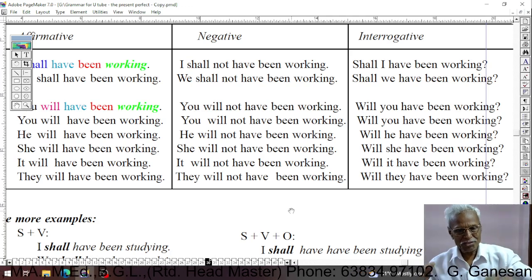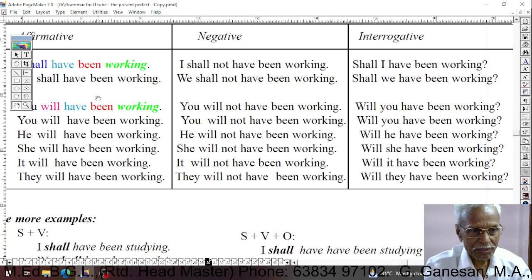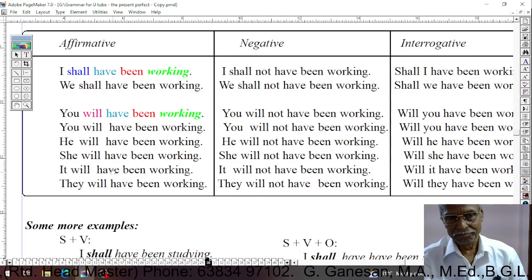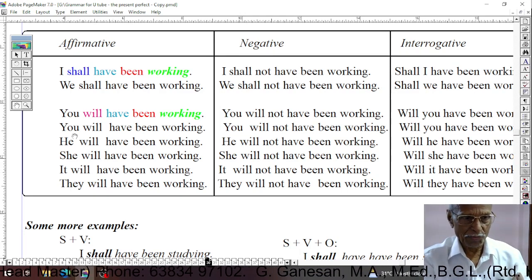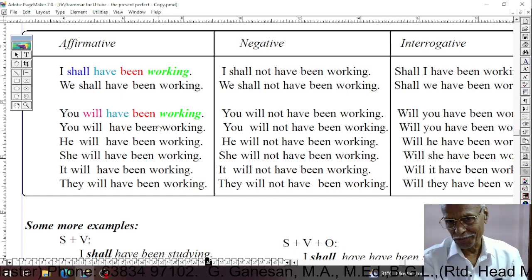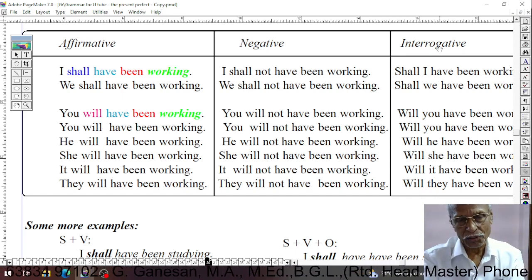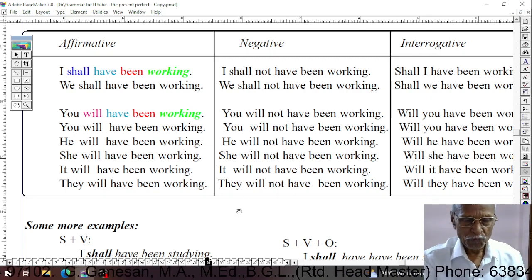Yes, these 8 subjects. For the 8 subjects, 8 sentences I have given. Affirmative, negative and interrogative, 8 for each one. Thus,